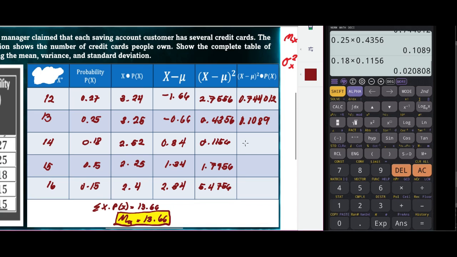That will be equal to 0.020808. Ayan. Next, we have 0.15 times 1.7956. So that will be equal to 0.26934. Okay, next we have 0.15 times 5.4756. So that will be equal to